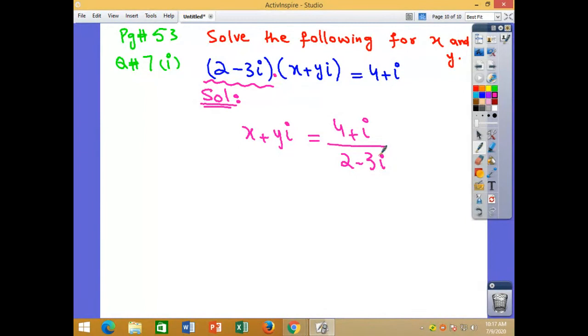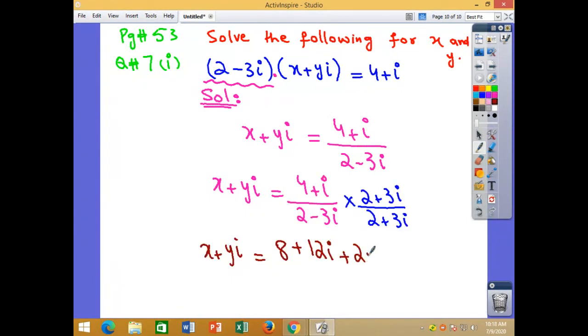Now we know that when two complex numbers are written in divisible form, that is, one is in the numerator and another is in the denominator, we multiply and divide by its conjugate. Here we write x + y iota. When iota is multiplied by 2 it becomes 2 iota. When iota is multiplied by 3 iota it becomes 3 iota square. After dividing, here we see the formula (a − b)(a + b), that is a square minus b square. Now on the next slide we get